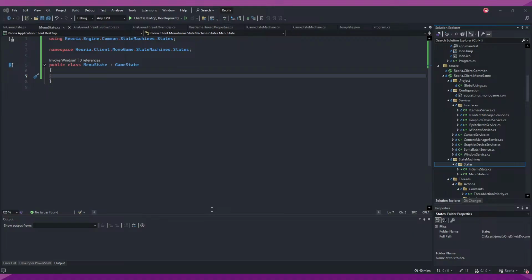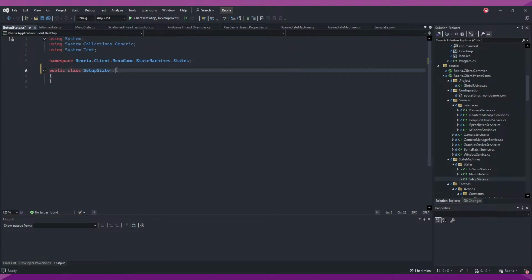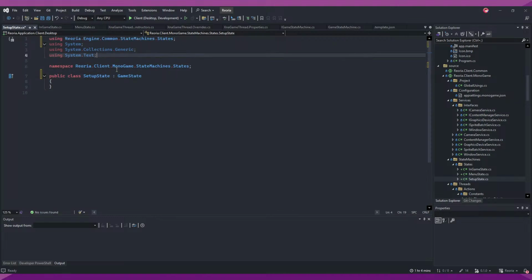And let's do this. What do I call this? What do I call this? I don't know what the name is. Okay, you know what I'm just going to call this? Setup. There we go. Setup state. Games. Right now,